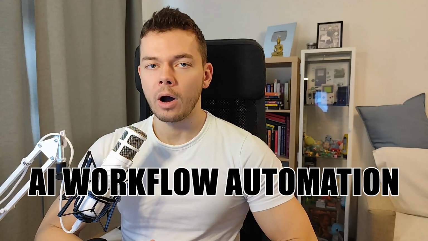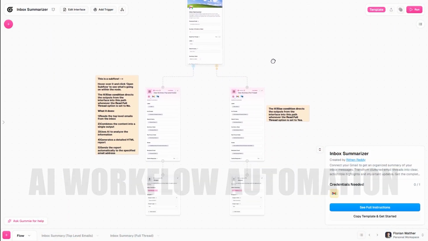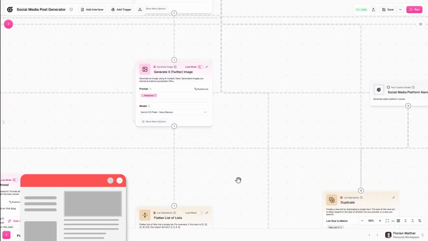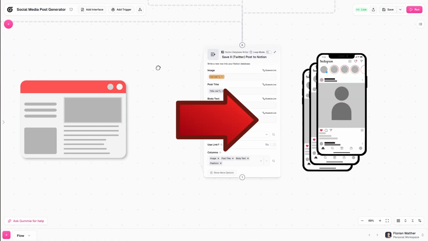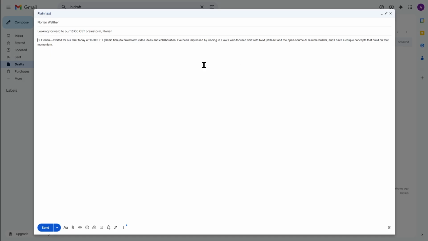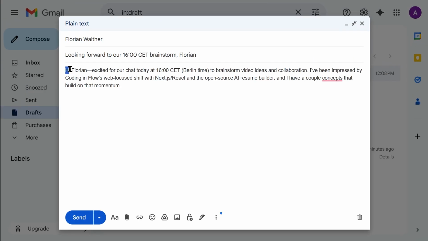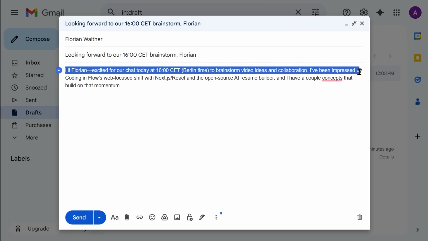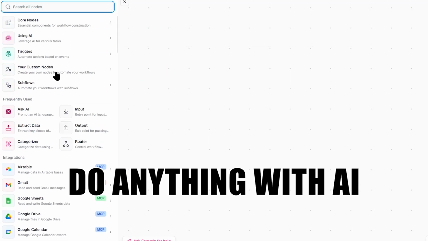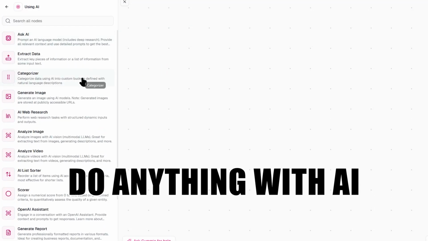AI workflow automation is the hottest topic right now because you can automate really anything. You can let it, for example, read your blog posts and automatically generate social media posts from it. Or you can let the AI organize your email inbox, draft replies to emails and apply tags. You can connect virtually any app to any other app and use AI in the middle to execute different steps